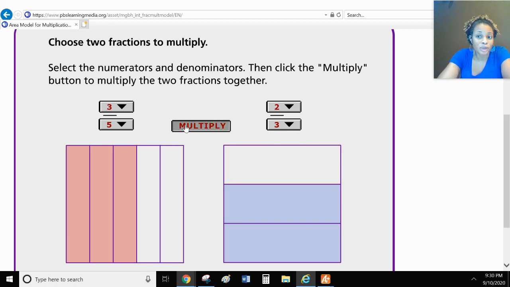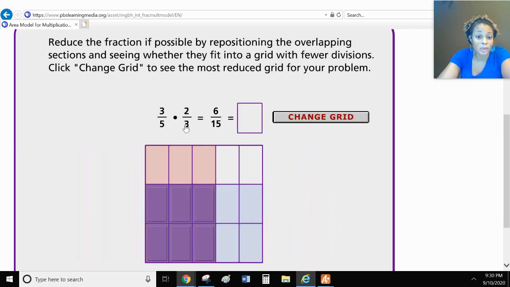Hopefully you remember your color wheel, that red and blue is going to make purple. And the ones that are overlapping are purple. So the overlap is 6 out of 15. There are 6 that are overlapping and there are 15 total boxes. This fraction can be reduced. If I reduced it by the GCF of 3, I would end up with 2/5,